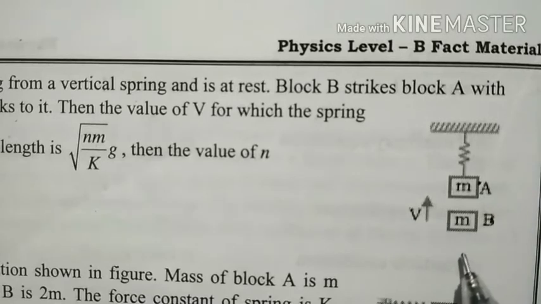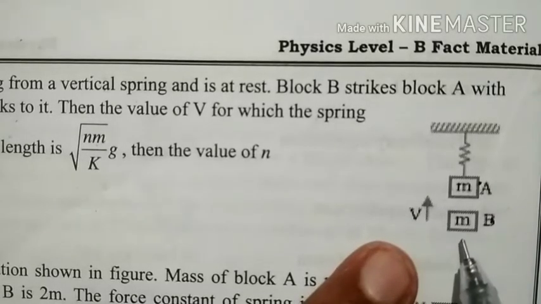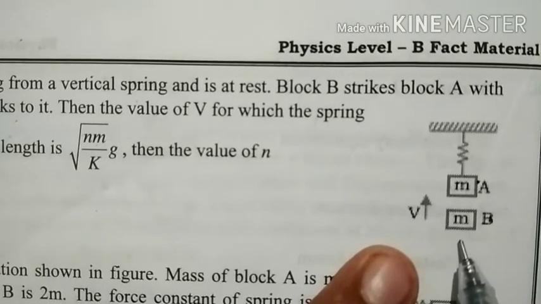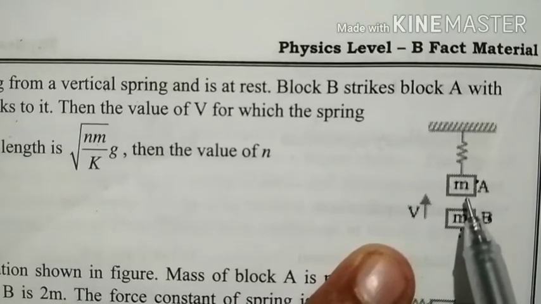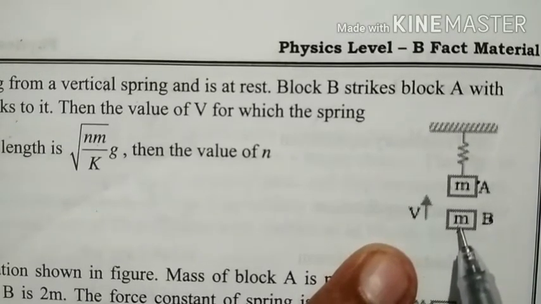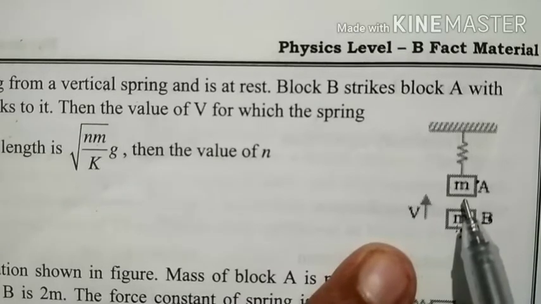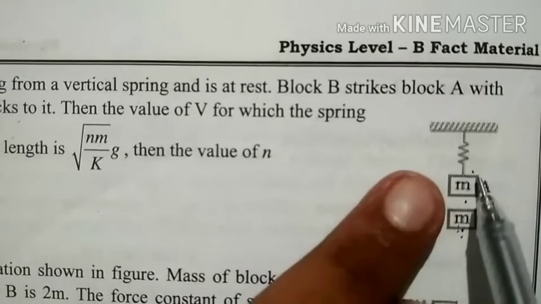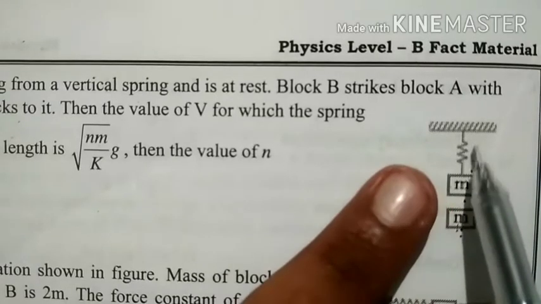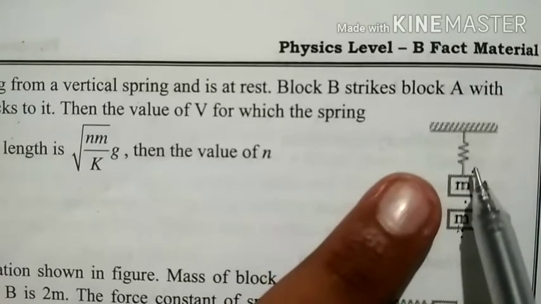What is the question given? So if this body B is moving with a velocity v, so that is having kinetic energy, and this kinetic energy will be helpful to raise the block to its original length. So if it rises by a displacement of x, what is x? X is the elongation in the spring.